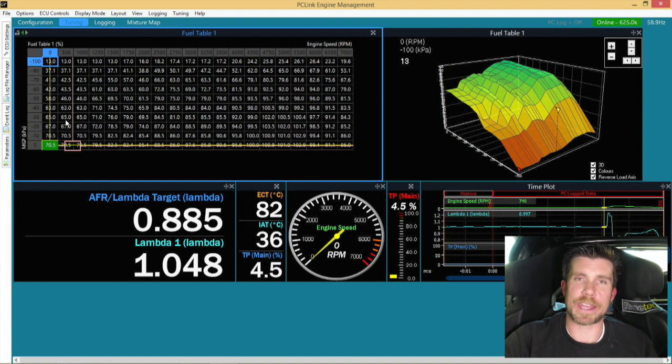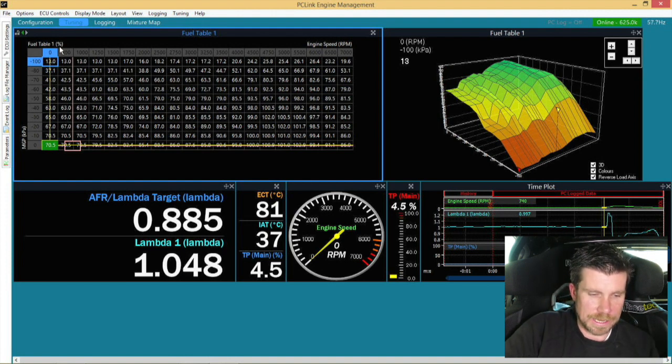So what that means is that we go from idle to wide open throttle, and instead of our manifold pressure instantly tracking to 100 kPa, atmospheric pressure, as soon as the throttle is open, we might see a tenth of a second or even less of a delay in that vacuum signal moving. It moves slowly. So what happens is, in our fuel table, instead of jumping straight down to this area here,